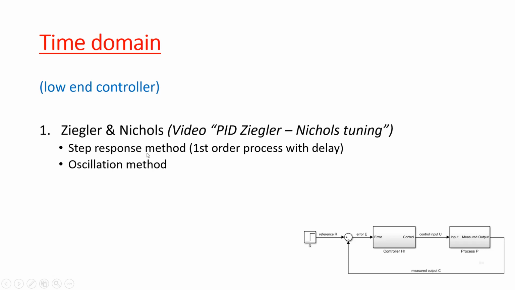Ziegler-Nichols defined two tuning rules. One is based on a step response, based on a first order process with a delay, and then you have the oscillation method. So that is really a nice tuning rule for again starting with a controller in a low-end application. When Ziegler-Nichols cannot be applied, for instance, the system cannot get into oscillation or it doesn't have a delay,